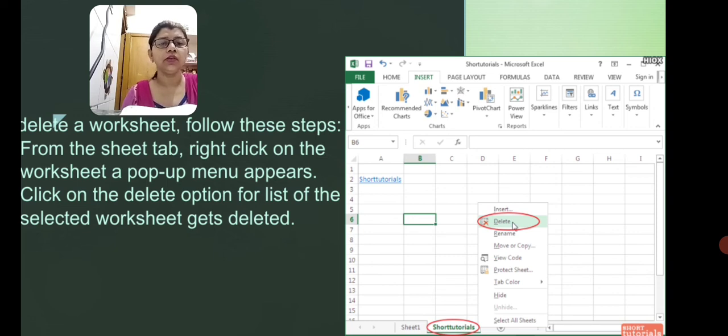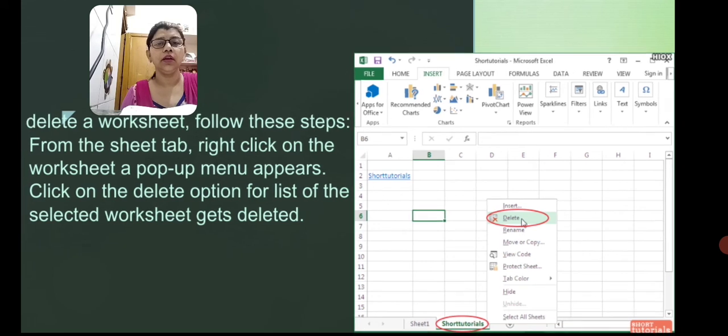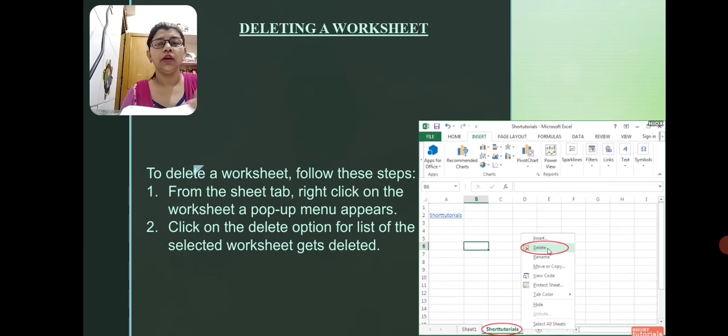When you click on the sheet tab, this type of menu will appear, and in it you will get the delete option. You have to click on the delete option, and the selected worksheet gets deleted.